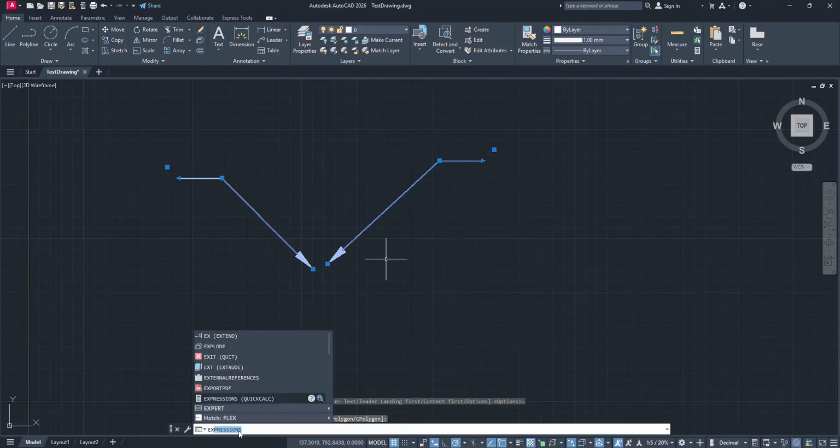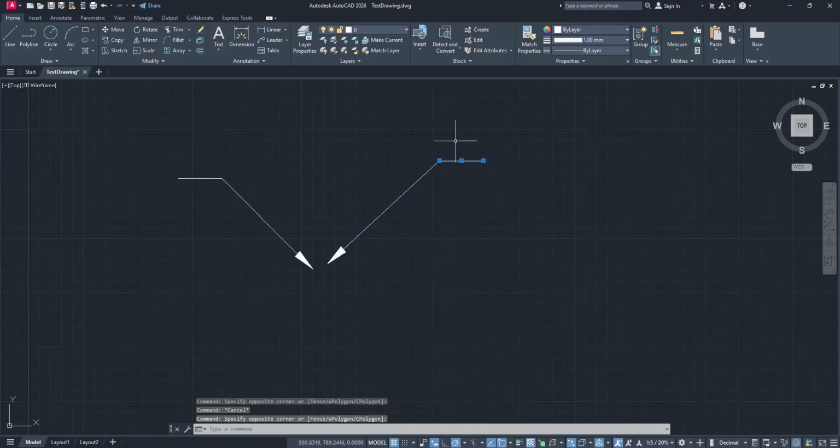Once it's selected, locate your command line, which is a crucial part of Autocad, allowing you to input various commands directly. In the command line, type the word explode. Exploding is an Autocad command used to disassemble a compound object into its individual components. By doing this, you break the arrow into separate pieces. Now, with your arrow exploded, you have the flexibility to delete or trim off that